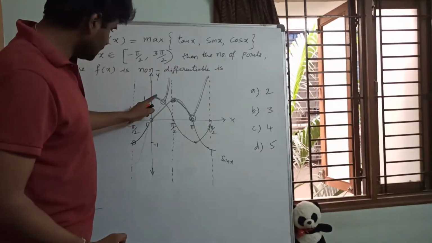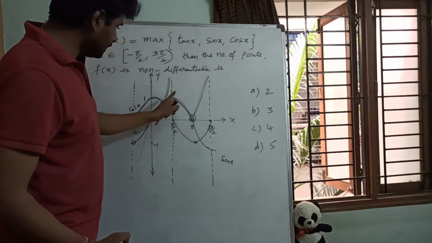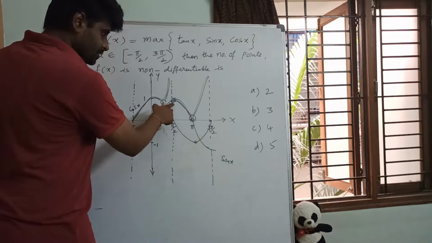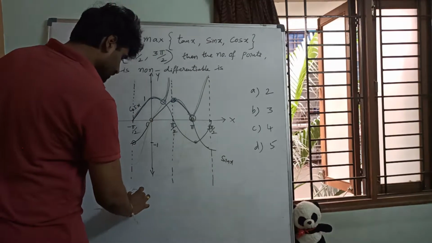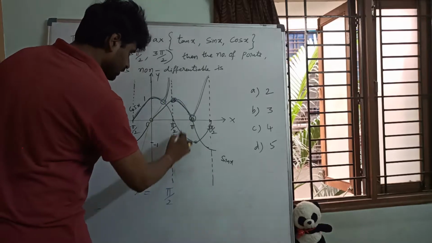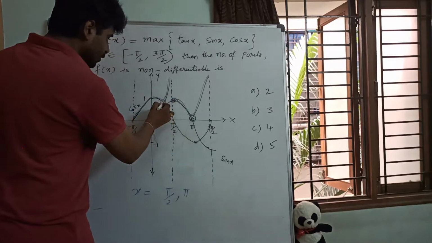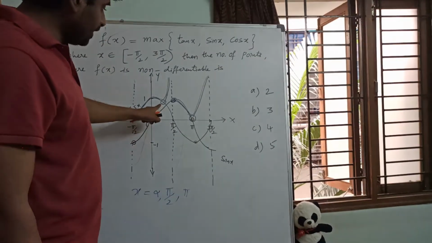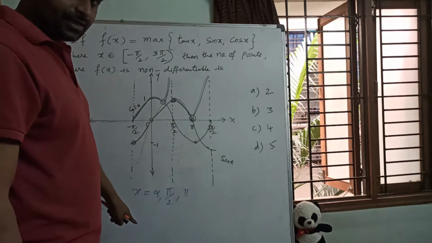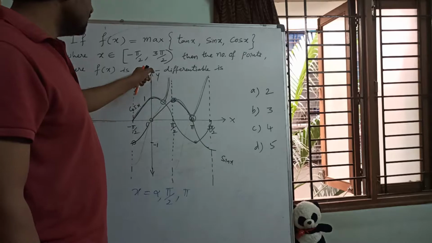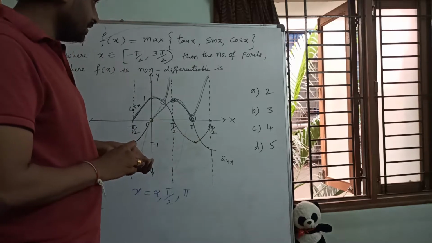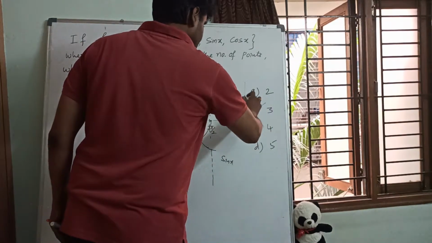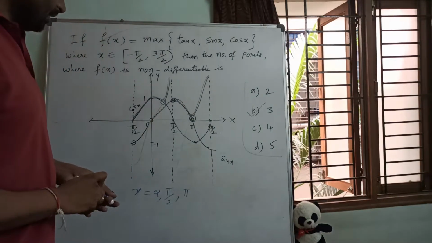You observe this is the graph. For this, how many corner points do we have? Points of intersection: this one, this one, this one. What is this? x equals 90 there. And what is this point? 180. And what is this point exactly? We don't know this point, so just let me take alpha. That means how many points here? 3 points. Correct? At those 3 corner points only it is non-differentiable. So which option is correct here? Option B. Okay, hope you have understood. Make a note of it.